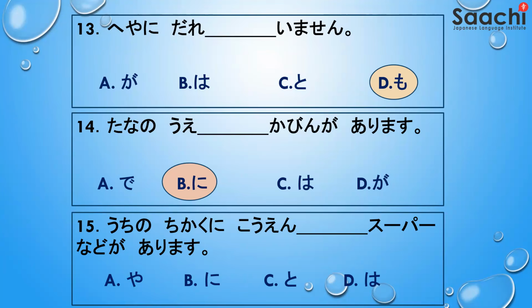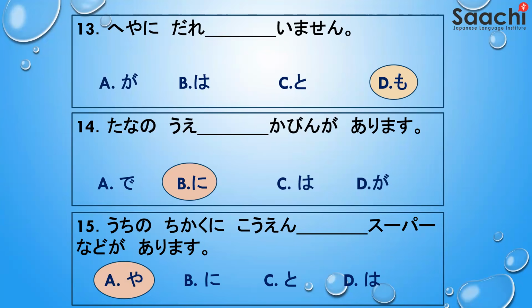うちの近くに公園、スーパーなどがあります。Options are や、に、と、は。Again, you are using the verb あります。So again, に is here, but here it is うちの近くに公園やスーパーなどがあります。So whenever the speaker wants to say various things with など, etc., then you use や。When you have various examples, 冷蔵庫の中に野菜や果物などがあります。